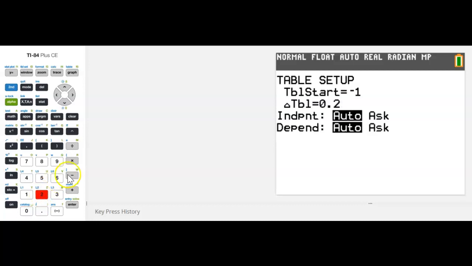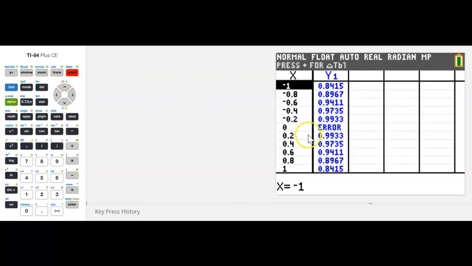0.2. Let's see what the table looks like now. So I'm going to hit second graph to see what the table looks like. So this is good. When x is 0, here's the error. We shouldn't have a value there because we're dividing by 0 in that case. Here I started the table at -1, and then you could see my x's have a change of 0.2, and